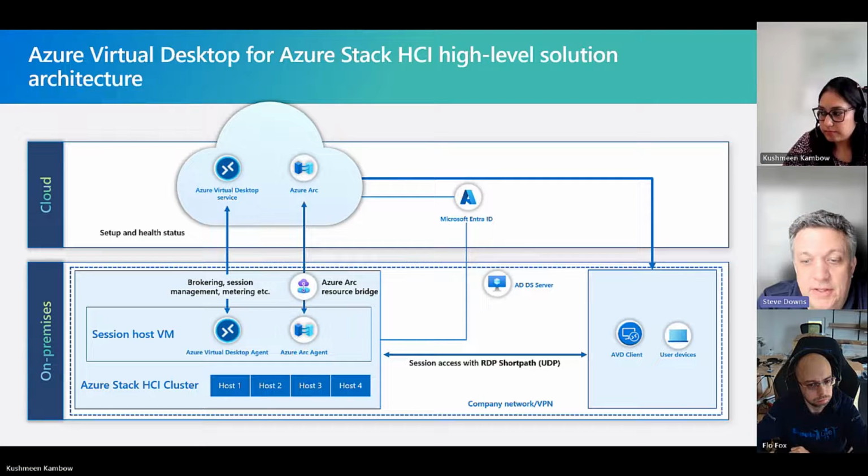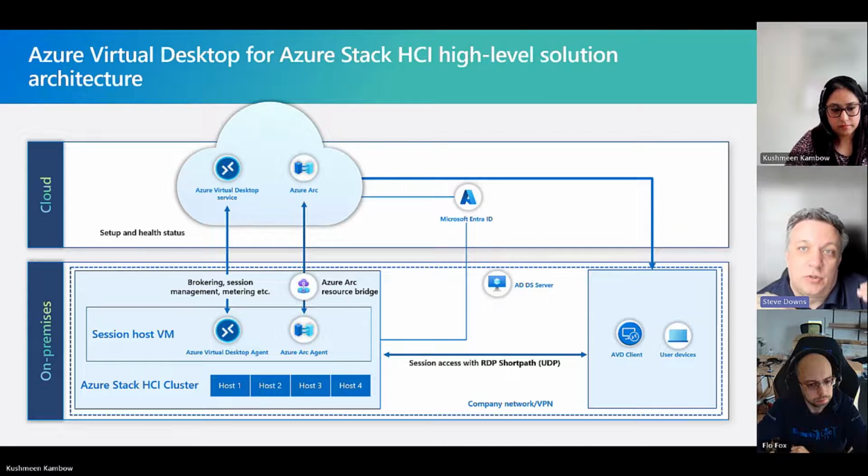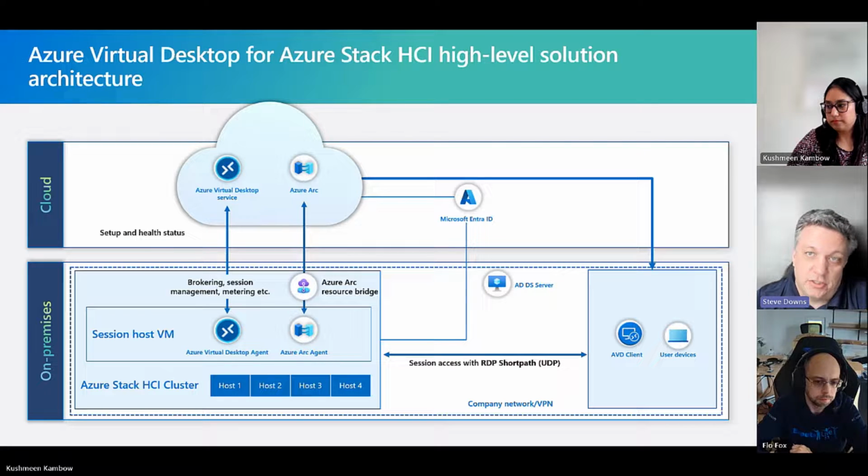I don't think so. I guess you covered the architecture, but the other thing on this slide is RDP shortpath. That's a key value of Azure Virtual Desktop, where basically traditionally with AVD, when a user logs in, their RDP connection over TCP is routed up to our AVD gateway that sits in Azure, and then to the session host, and then the session host traffic goes through that gateway again back down to the client.